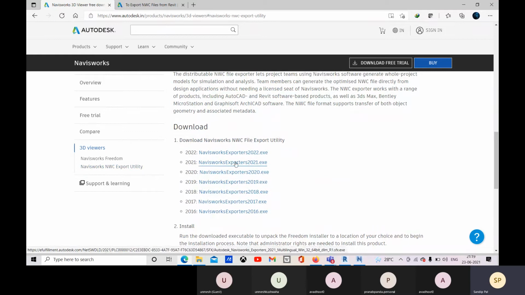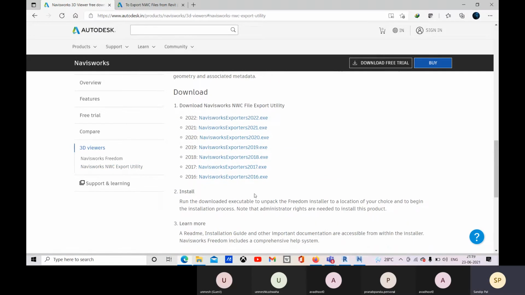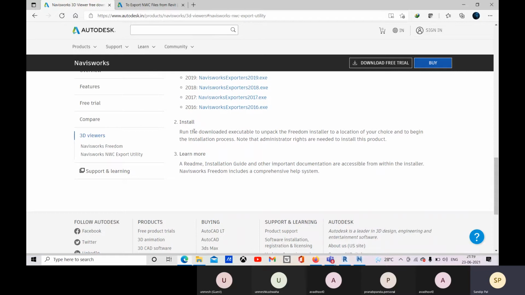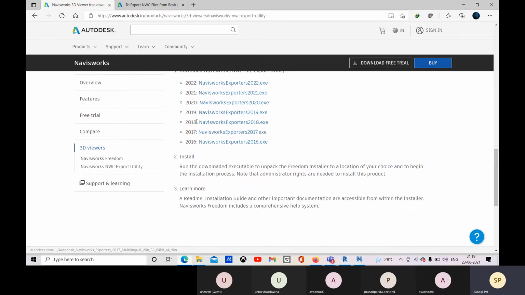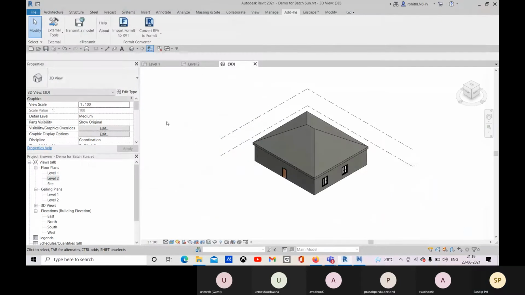So from here you have to install this extension. And here you have the instructions on how to install it. So as per the version, you just install this exporter and you will have it. Okay, so let me close it.